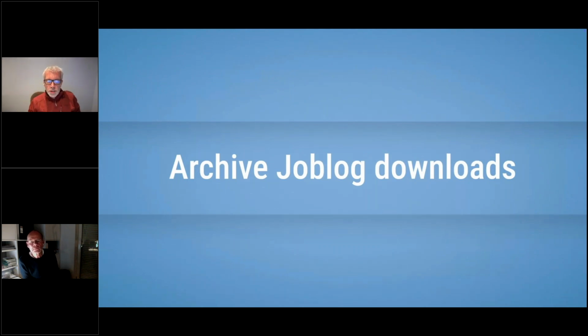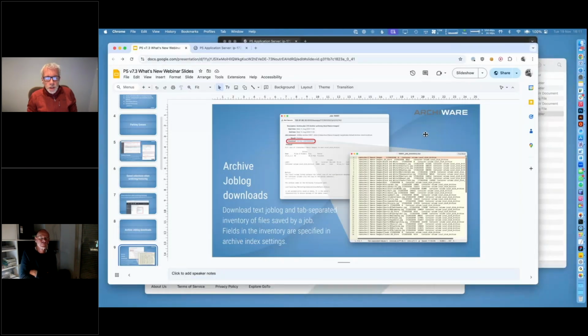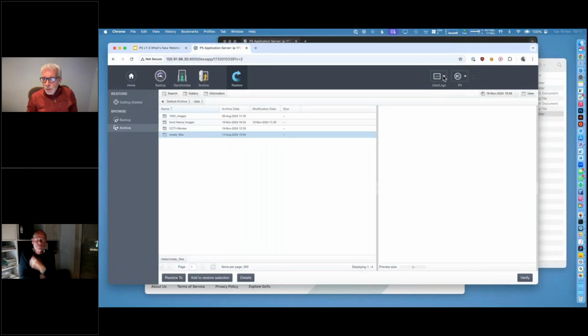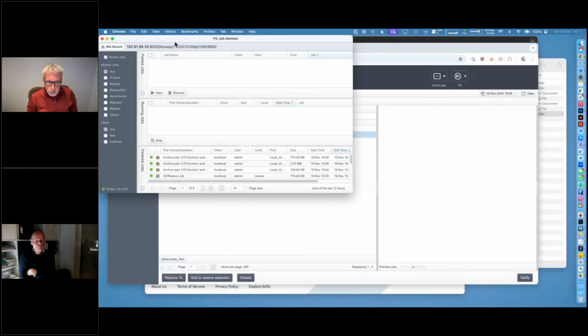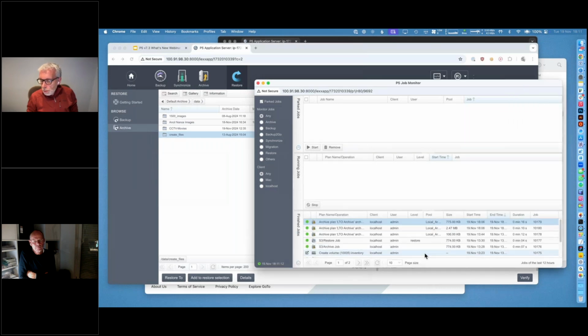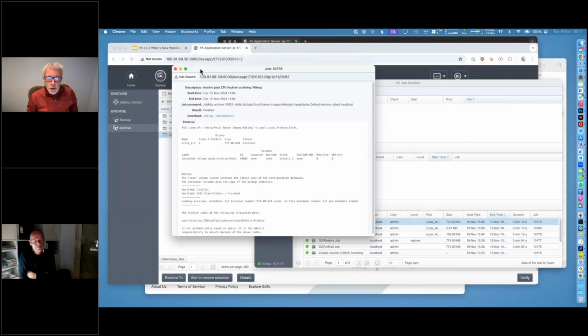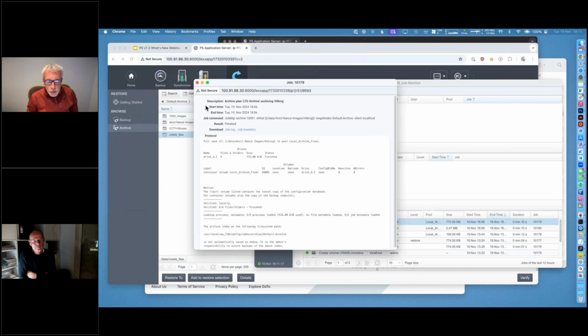So this is something that shows up in the job log section of P5. So let's go take a look. If we go to our job monitor, there were a couple of archive plans that we just ran. So we can see those down here in finished jobs. Anybody that's familiar with Archiware will know what a job log is. So it's this window which describes a job that ran, when it started, when it finished, what it did in